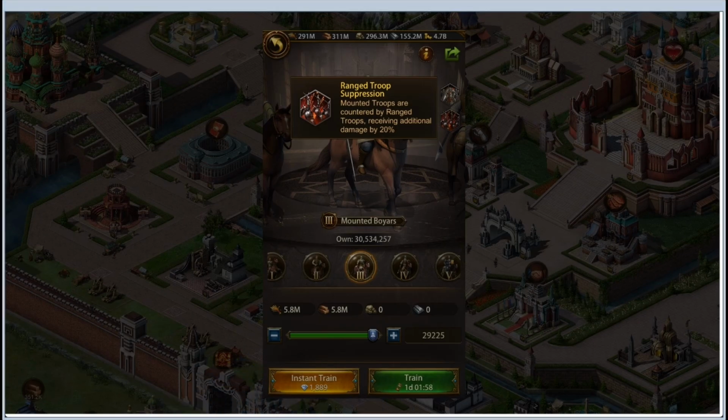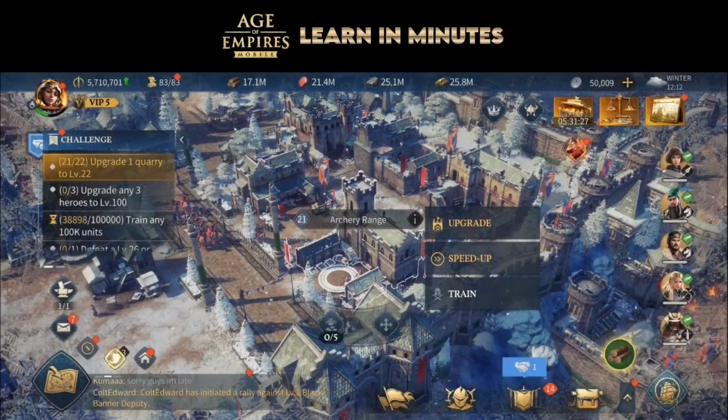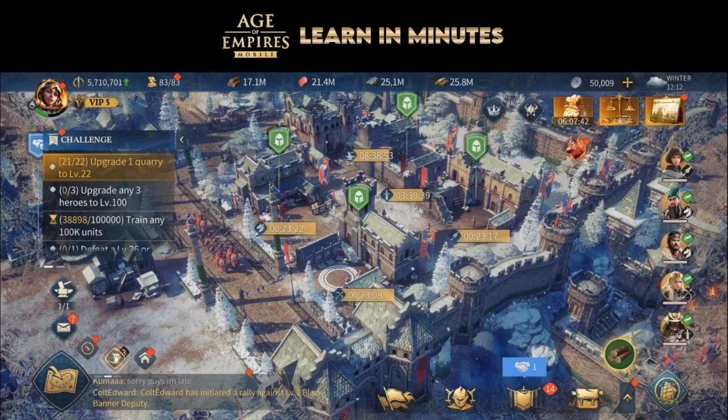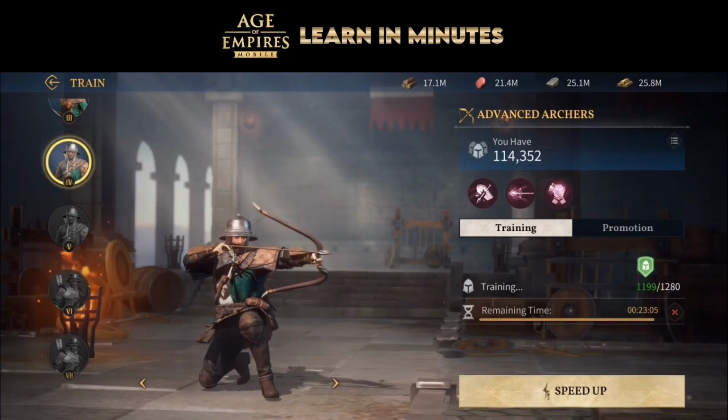A lot of the games are similar, but there are some exceptions to the rule, so it's very important that you do find that out. So I did say I remember where it was on Age of Empires, so let's go straight back to that and have a look. Now, when I go into train, we have these icons again that I was talking about